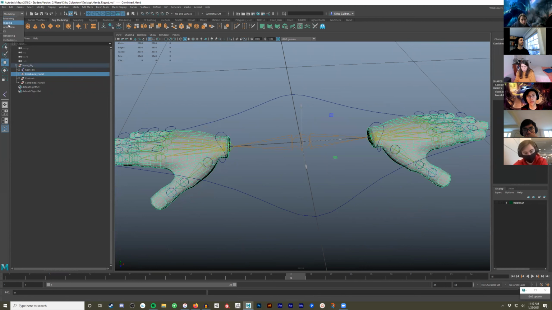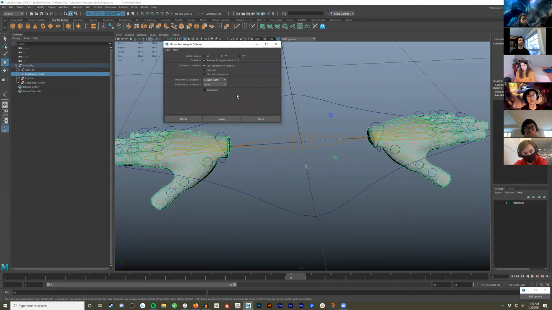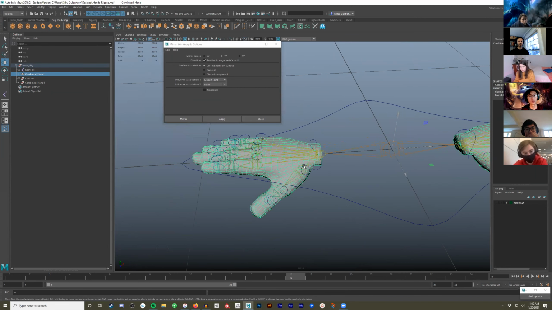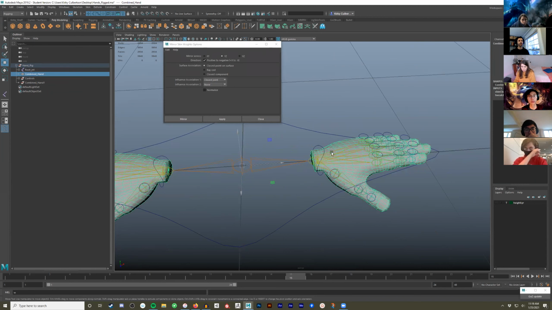Where that is for skinning is you can say mirror skin weights, and you can pick one side to copy to the other. So if you've spent an hour and a half skinning one hand, you can actually copy the skin weights if they are combined over to the other hand